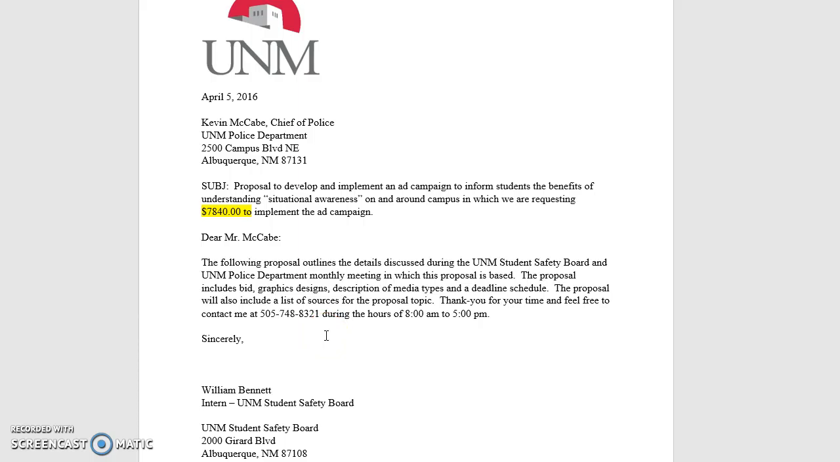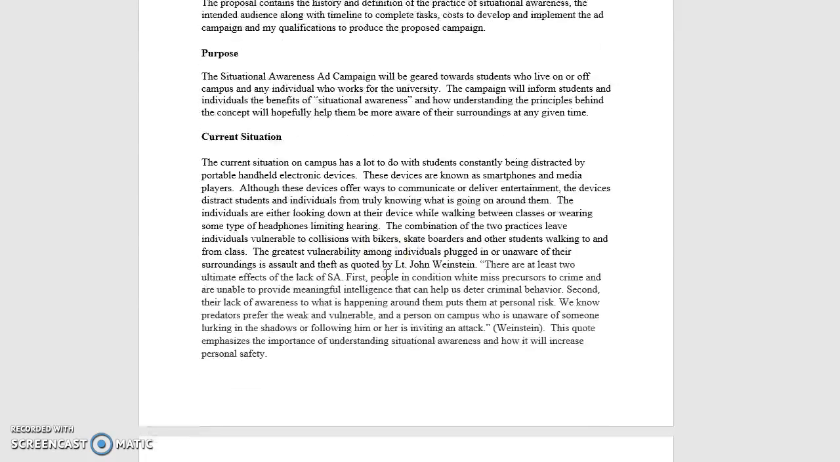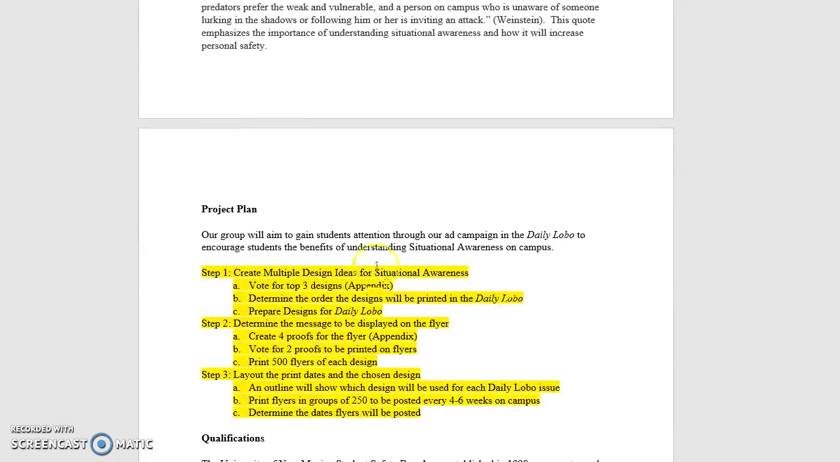So the second major revisions were for my proposal. The first one was I needed to incorporate the cost into the cover letter, which you can see I did here by highlighting it to 7840. That I added in. Let's scroll down again to another from the peer review, as I had to redefine the